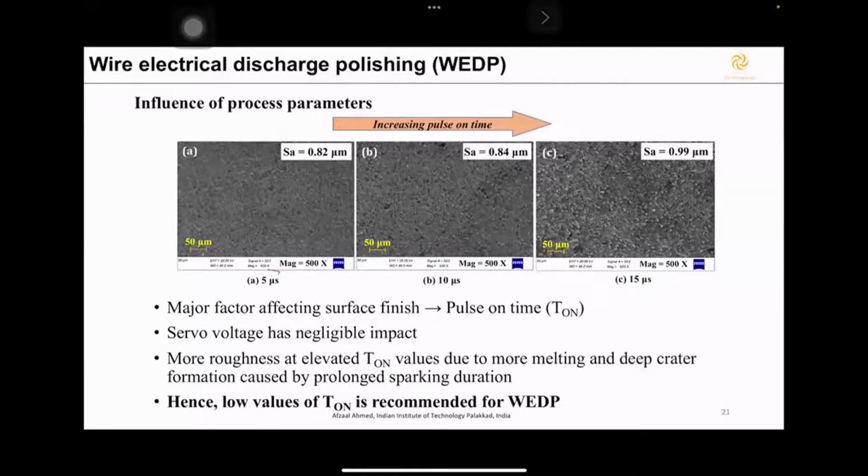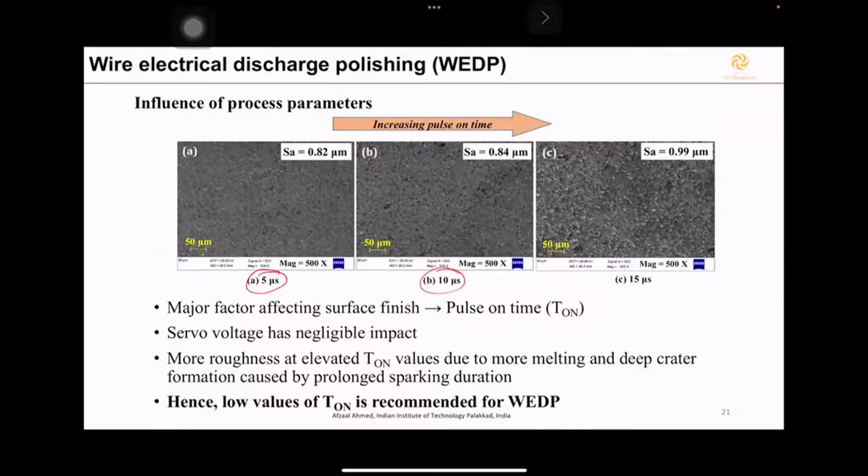This is regarding the T on time: 10 microseconds, 5 microseconds, and 15 microseconds. If you go beyond this, then you ideally go into the cutting regime, which we don't want to enter. So if you see here, A, B, C, you can see an increasing trend in roughness. That means if you increase the T on, the roughness will increase, which ultimately means that when you increase T on,